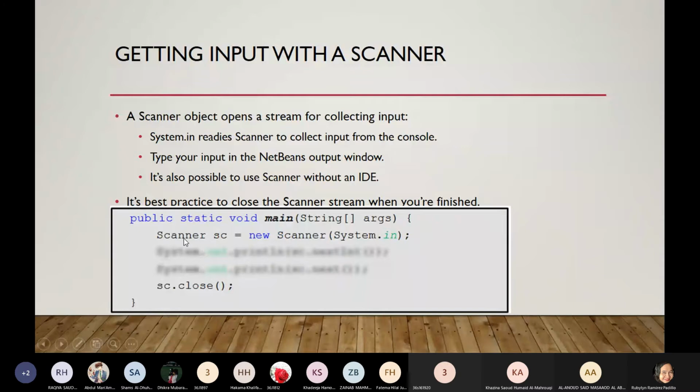Scanner is going to be declared like this. So we have Scanner, which is the name of the class, and then the object name, which can be assigned by you, equal to new Scanner, and this needs System.in in your declaration.